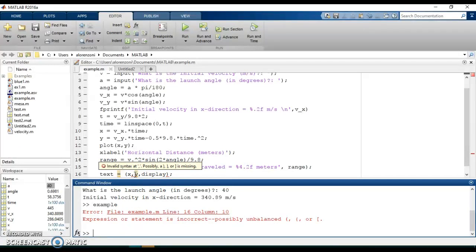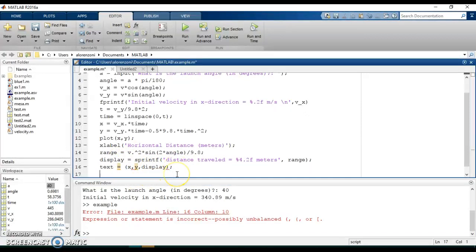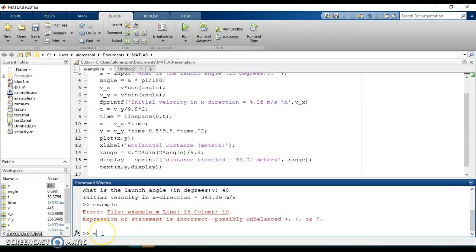What's x? So if you look at the text, if we're typing in text, we'll go down here, and I'm typing, oh, I did this wrong. So text is actually a function, so it needs to be like that. It's kind of like how sprintf is a function, okay? But also, what is x? We're going to run this again and see the error, and we'll figure out why. Okay? Example,